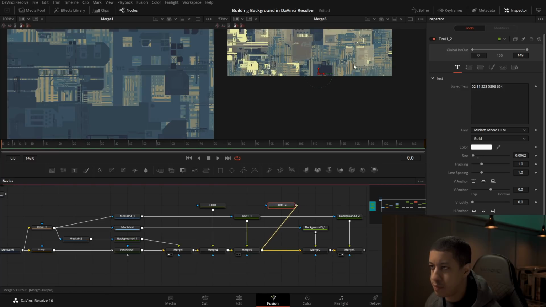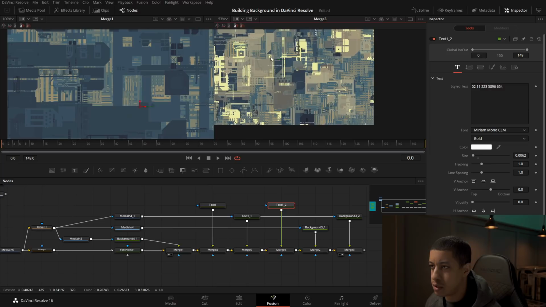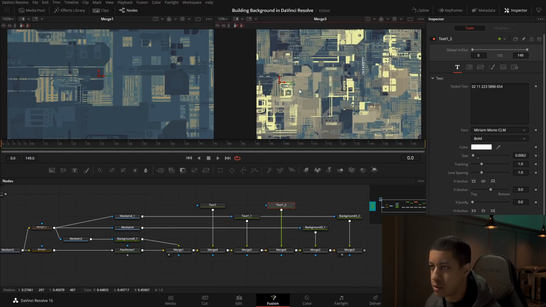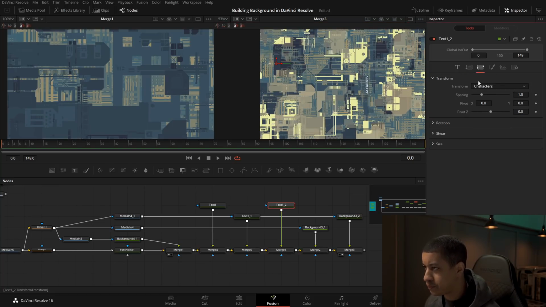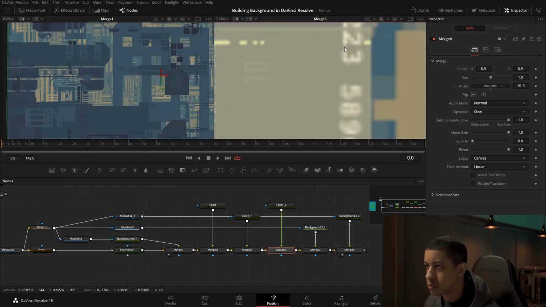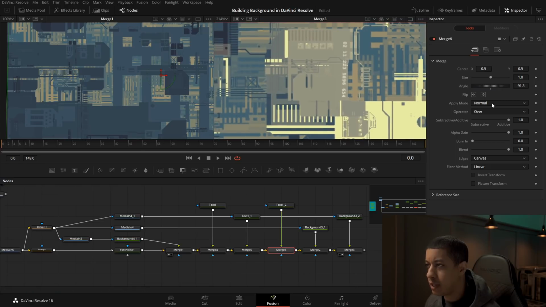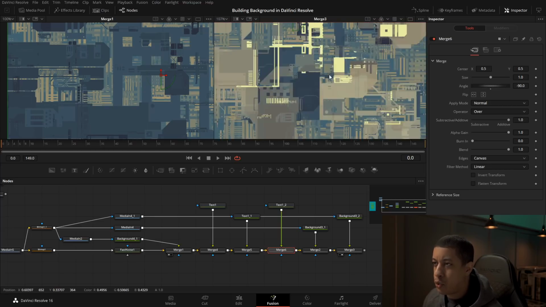And we can just keep adding in other things like this. That might work right where it's at. And you can add more texture in there.